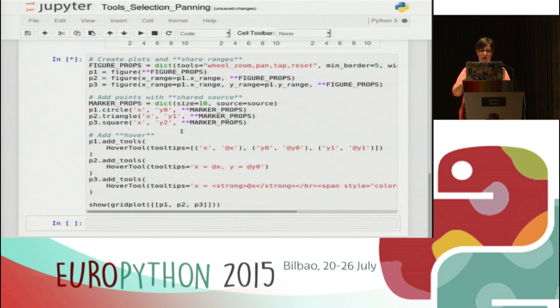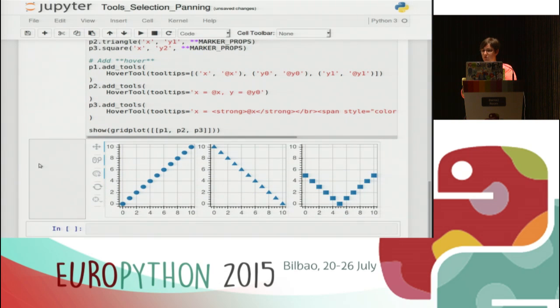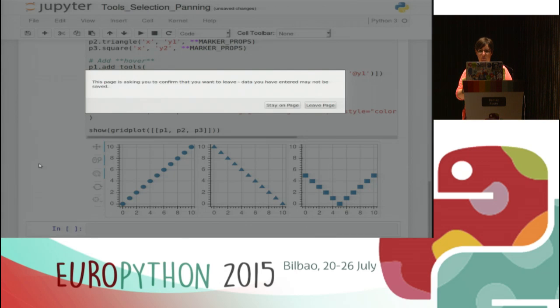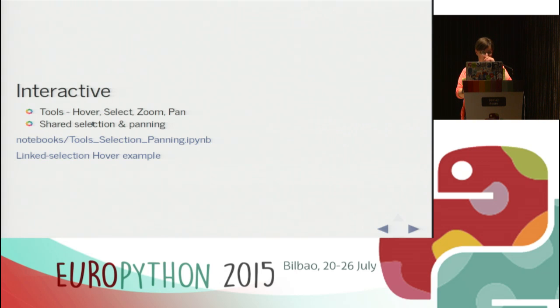I'm running a bit low on time. I'm very sorry about that. This is the spelling for how to do hovers, which I'm not going to talk about. I'm going to whip through interactions